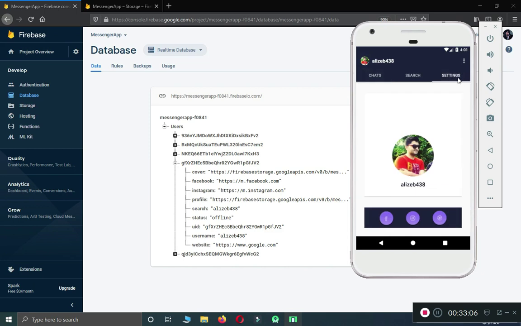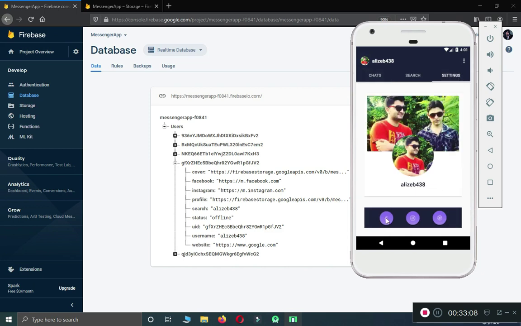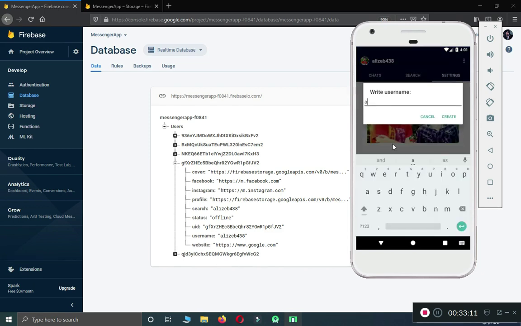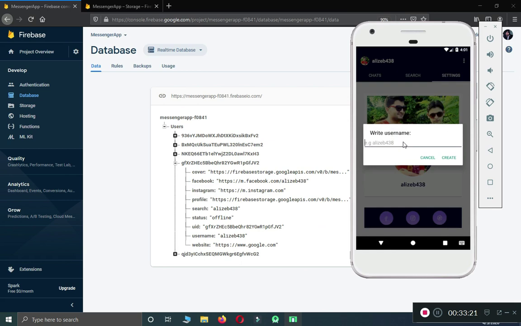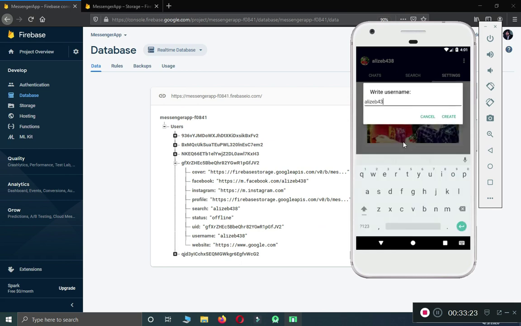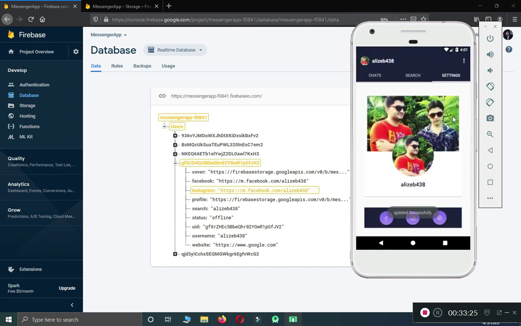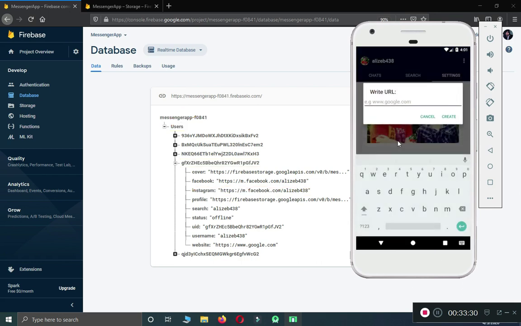First of all, for Facebook, my username is lizeb438. Let's click on create, and here you can see it has been updated successfully. Now the updated successfully toast message. Now let me change my Instagram. Create, and here you can see it has been updated successfully. Now let's type the URL for this. Just for testing purposes, let's say